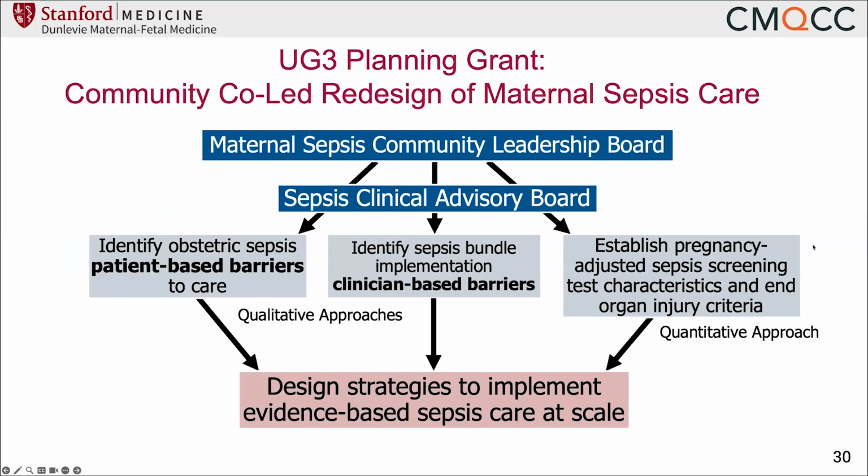So just a little bit of background on why and how we were able to develop some of these things. In all of our collaboratives for, I don't know, 2 million years now, we always talk about how do we support and debrief with patients, but never actually supplied any resources. Like, please go ahead and do this, but we didn't have resources. So we were given this money by the NIH to work through sepsis, different materials with sepsis, and it was a different planned collaborative in that we had a community leadership board that helped lead this project. And so it was a chance for us to not only identify clinician barriers, which is what we've typically done in our collaboratives, but to really look at patient barriers from the patient perspective.